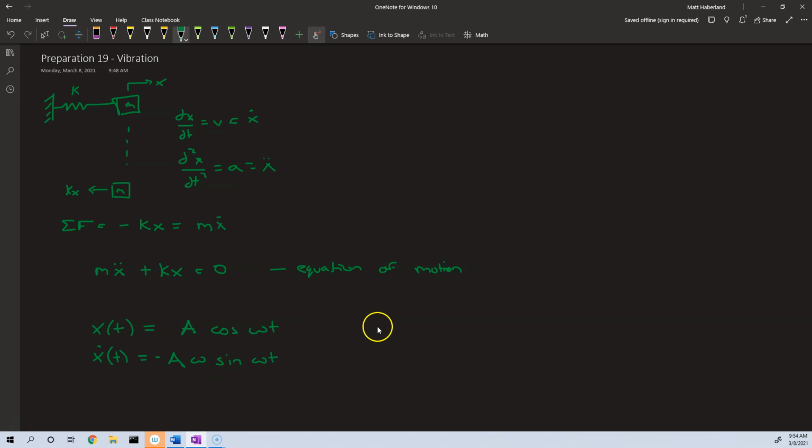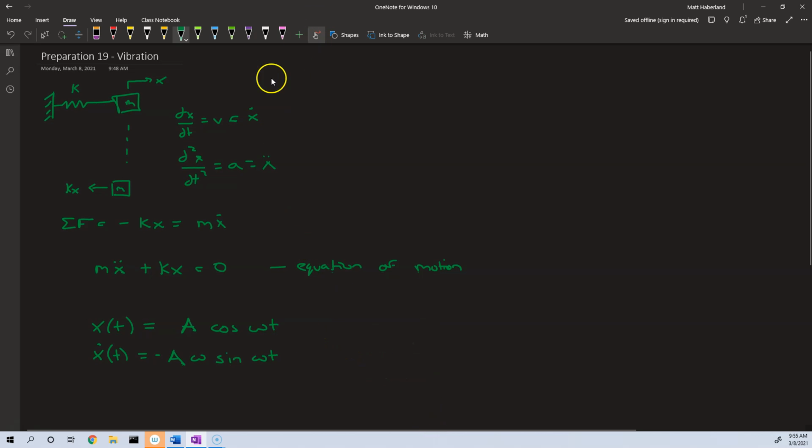The derivative, right, if sine of x, the derivative of that is cosine of x, the derivative of that is negative sine of x, and the derivative of that is negative cosine of x, and then it goes all the way back around in a circle. You might remember that. And well, we have an omega here. We're just using the chain rule in order to differentiate with that omega in there. So that's derivatives. We're going to take the second derivative, x double dot, so we can plug it into that